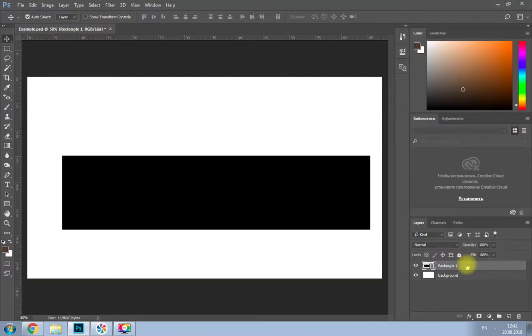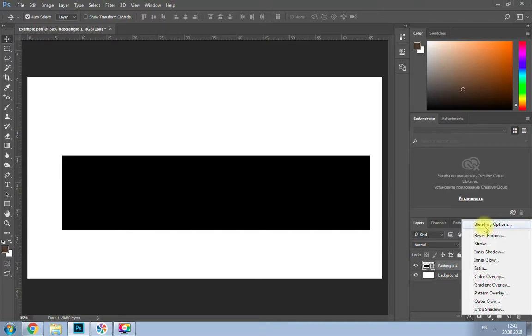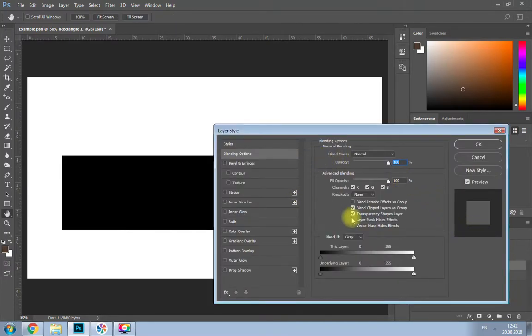So yeah, then let's say we want to add, like I said, effects to this box. So we click on the rectangle and go down to this effect icon, click on that, and then go blending options. So now this is where we have a bunch of options where we can mess around. So the first thing I like to do is to drop shadow, to have a little shadow behind this box. So we go to this option and click on drop shadow,